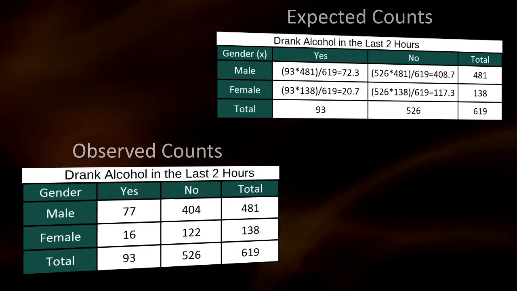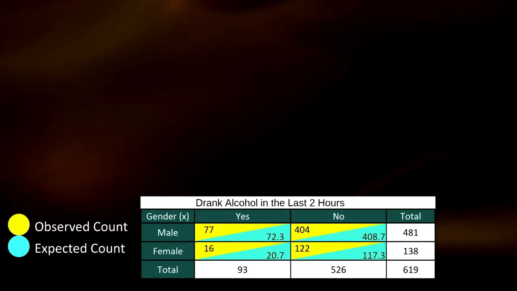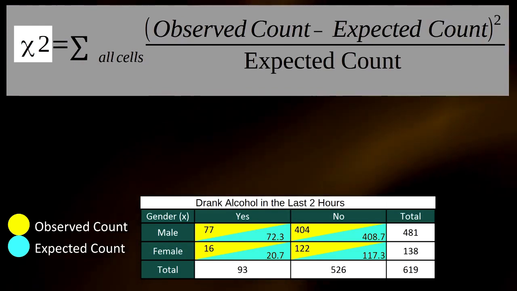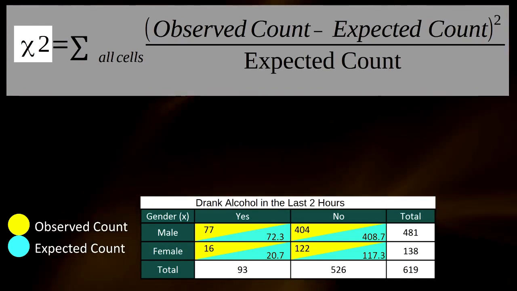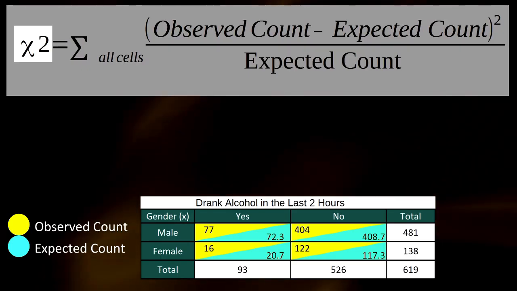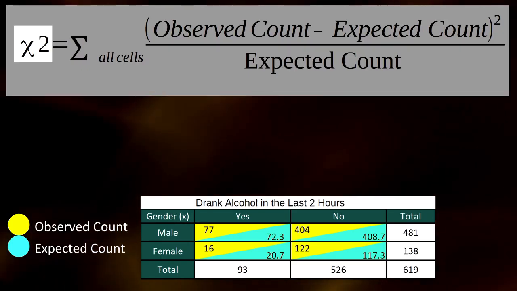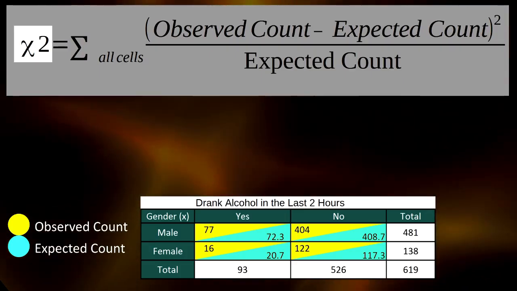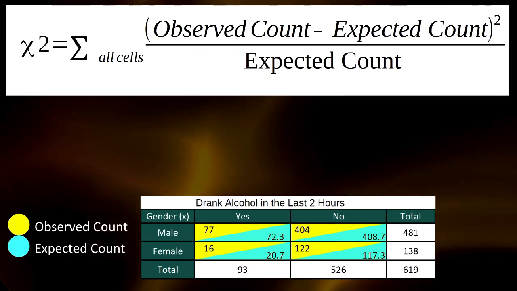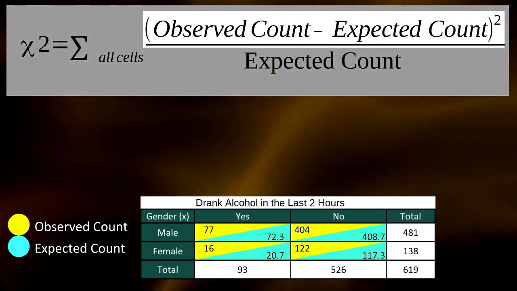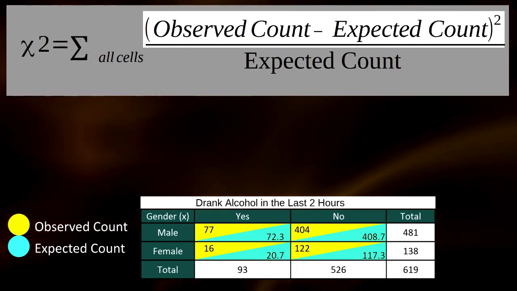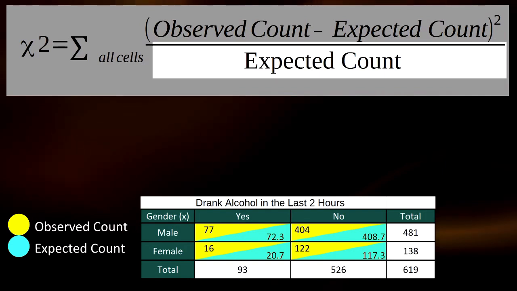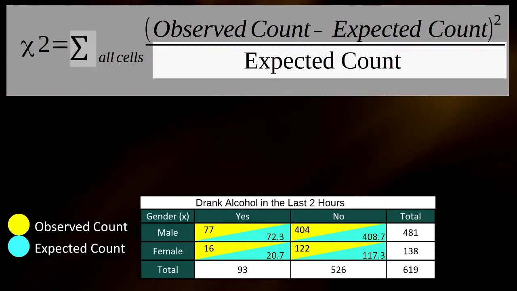Importantly, the single number that summarizes the overall difference between observed and expected counts is the chi-square statistic, denoted as chi, or x squared, which tells us in a standardized way how far what we observe, that is the data, is from what we would expect to observe if the null hypothesis were true. Here's the formula. For each cell, we take the observed count, subtract the expected count, and square that value. This value is then divided by the expected count, and then this number is summed for all of the cells